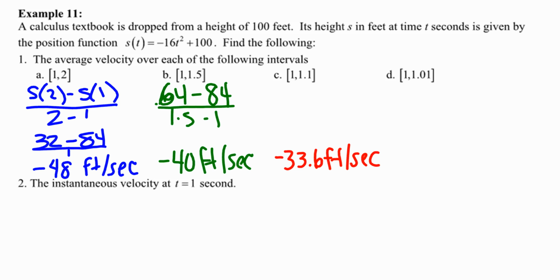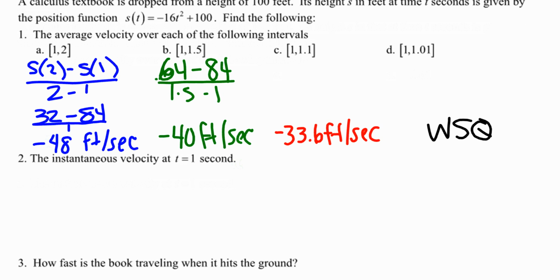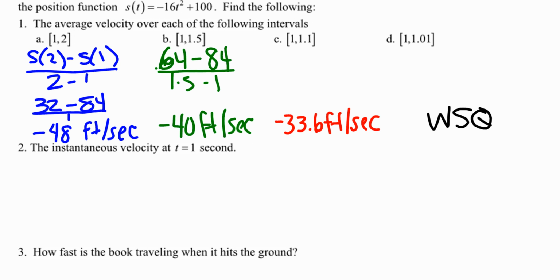And this one, no big surprise, I'm sure, goes in your work. I want you to put in exactly what it is. Now, those are the average velocities, and as you see, they're getting closer and closer to one certain number. If we do the instantaneous velocity at 1, that means we're using the slope of the tangent line,